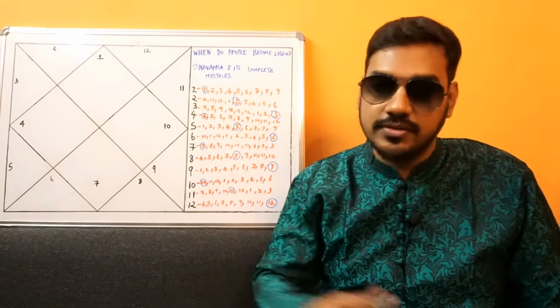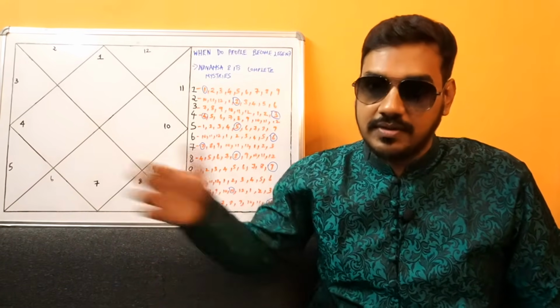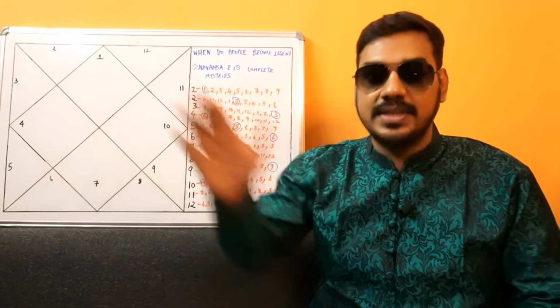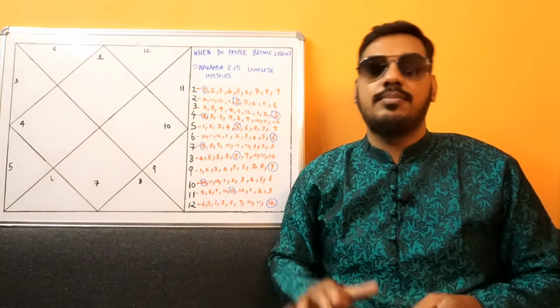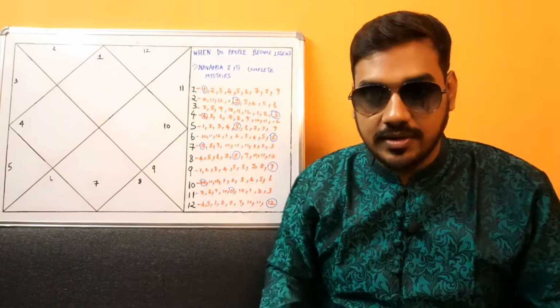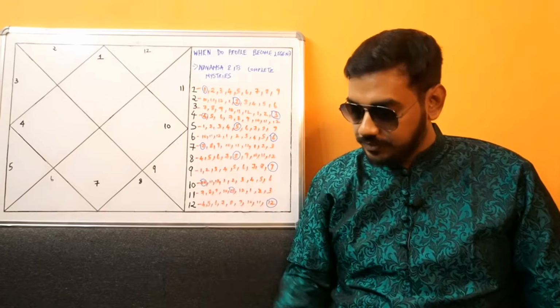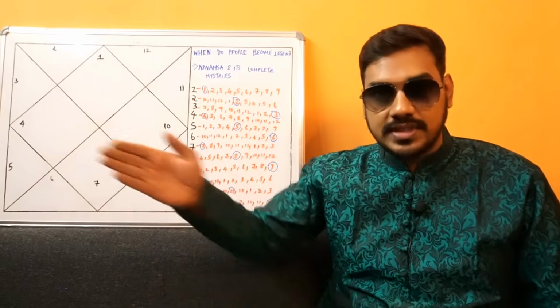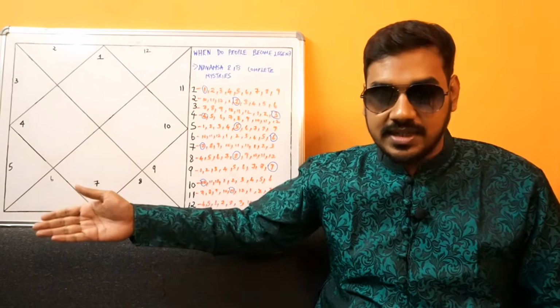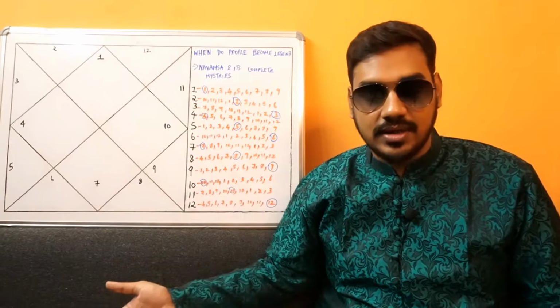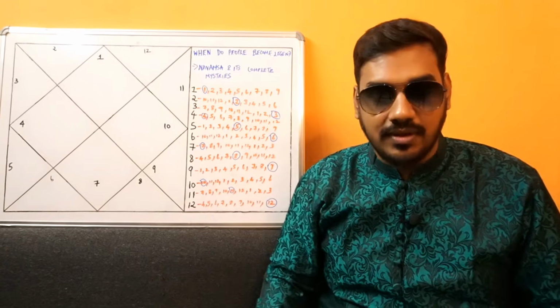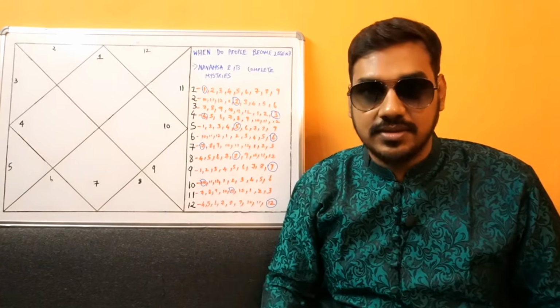Venus matures at 25, so your negatives are going to come down after the maturity age in the Navamsa chart, but still you have to see the position, dignity and placement of the particular planet, alright. So Navamsa has a lot of applications. Your Lagna Lord, in whichever house it is going in the Navamsa chart, and whichever planet is aspecting your Lagna Lord, that is the identity that you are going to get in the society. That is how important Navamsa is, alright.